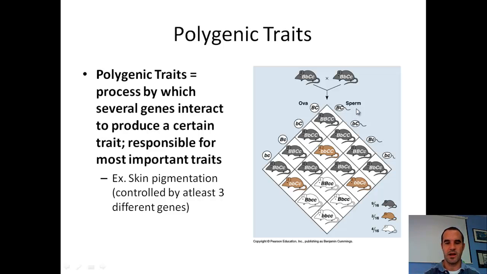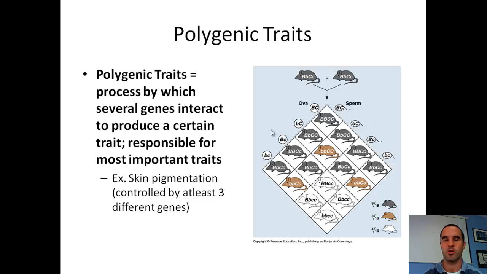On this slide here, I used this image not because you're going to have to do a cross with polygenic traits, but I wanted you to get an idea of what it means, a picture that goes along with the definition. Polygenic traits is the only one where you're not going to actually have to be able to do a Punnett square cross with them, but blood typing, incomplete dominance, and codominance you'll have to do a Punnett square cross with. So polygenic traits are going to happen when several genes are interacting to produce a certain trait, and it's responsible for